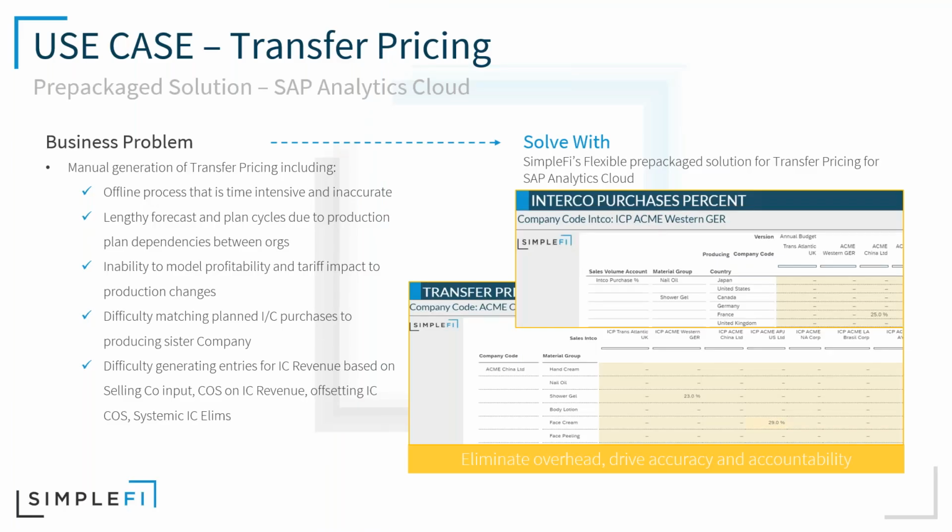So the use case: transfer pricing and production planning, which relates back to your financial plan. For companies that have multiple production facilities across country borders or state borders, it can be a very time-intensive process. So if I'm in the U.S. and I have a production facility in China and a production facility in Canada, and maybe I'm trying to make decisions around changes in those facilities, standing up a new facility, where do I make what,